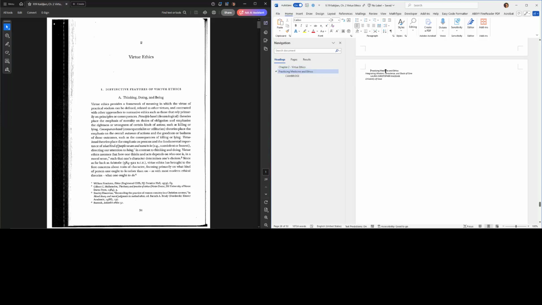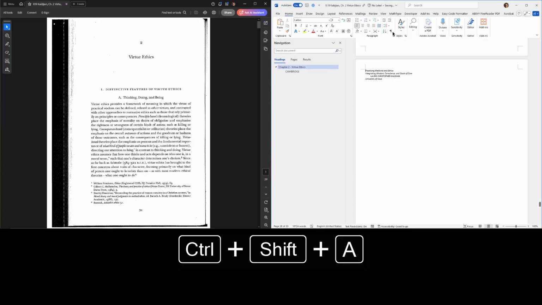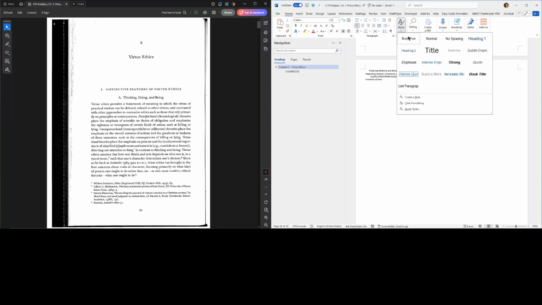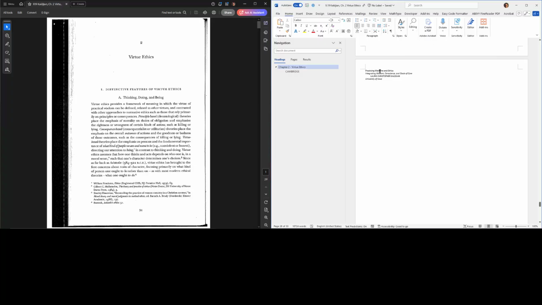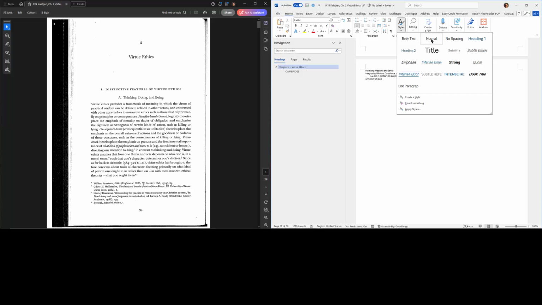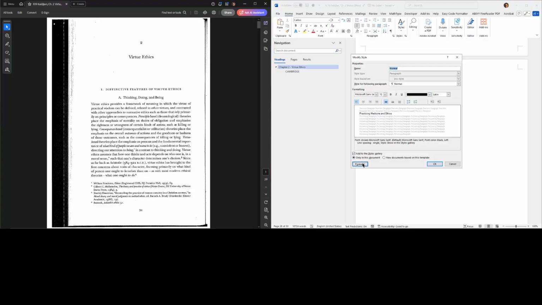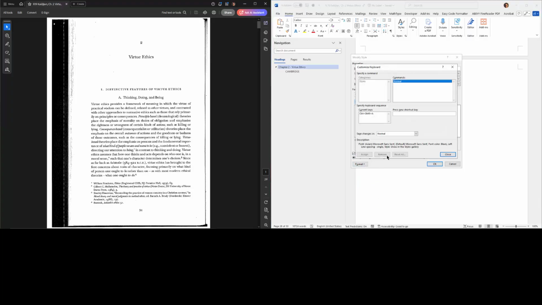So right here, "practice medicine and ethic, practicing," this one's not actually a heading. So I have set up another keystroke, Control Shift A, which sets whatever I pressed that on to normal style. It's just a really quick way to set something to normal style, but you do have to set that up. So I would go into the styles drop-down, right-click on Normal, Modify, go into Format, Shortcut key, and there's my Control Shift A for that shortcut.